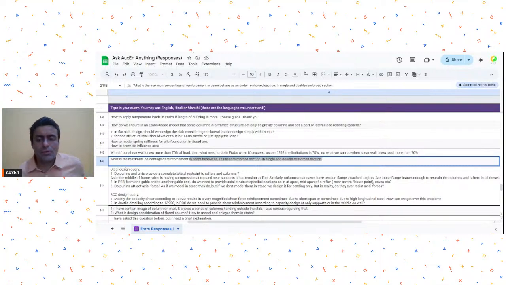See, it depends on what moment you have in your beam. What is the analysis moment, to what moment your beam is subjected to, and then what is the limiting moment. So suppose whatever reinforcement was required to have a balanced section for the given moment, suppose you do not provide that much reinforcement or you provide more than that reinforcement, then we decide whether it is under reinforced or over